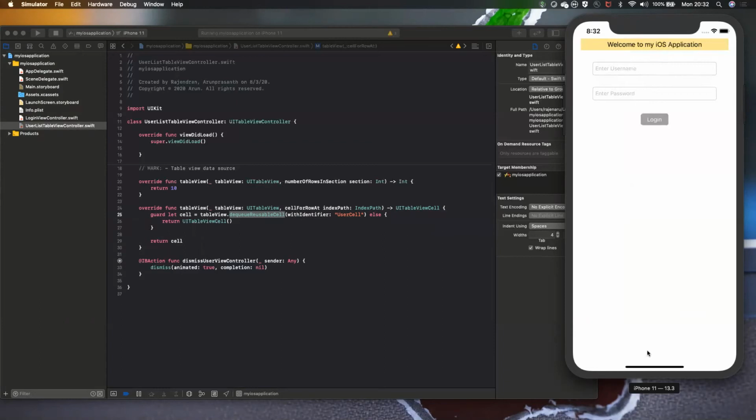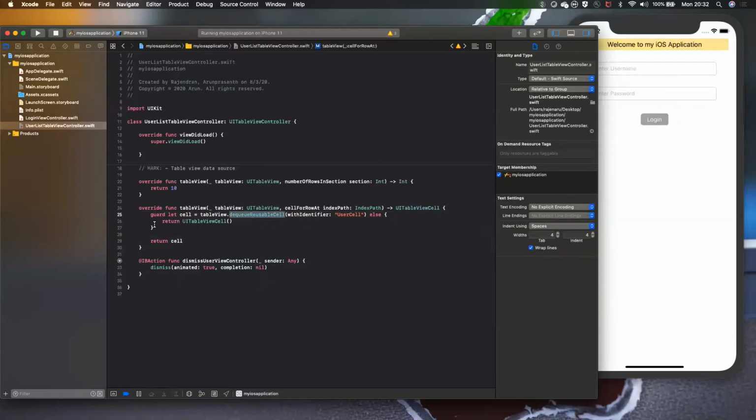And if we move to the 11th row, the first row will be hidden, so we will be reusing the first row and applying it to the 11th row. We don't need to do any extra things. We just need to do dequeue reusable cell, so it will reuse the cell. The first cell will be loaded at the 11th cell, so all you need to do is update the data. For that, we are using the dequeue reusable concept.